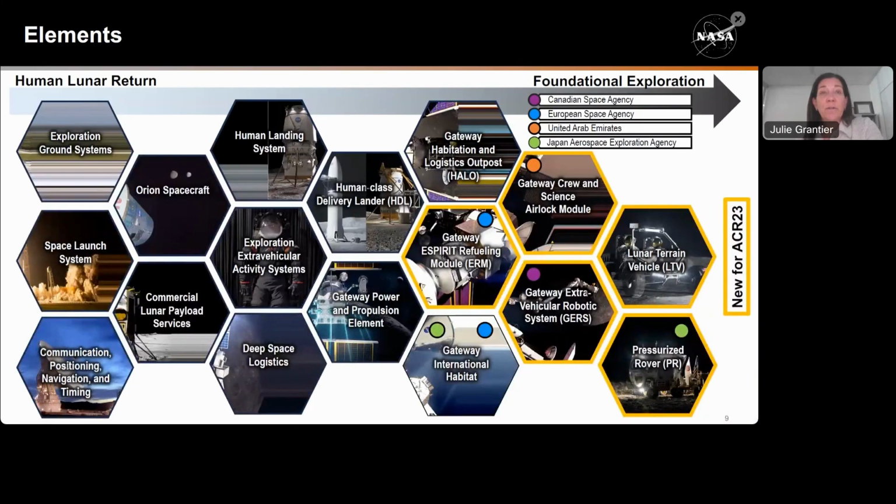So if you go to the next chart, this is where we started off, and at ACR 23 on the left-hand side, we had those existing elements and existing capabilities we need for a human lunar return. And in ACR 23, we started establishing elements which are in our foundational exploration architecture. So things like the gateway, crew and science airlock module, the LTV, which we talked about,